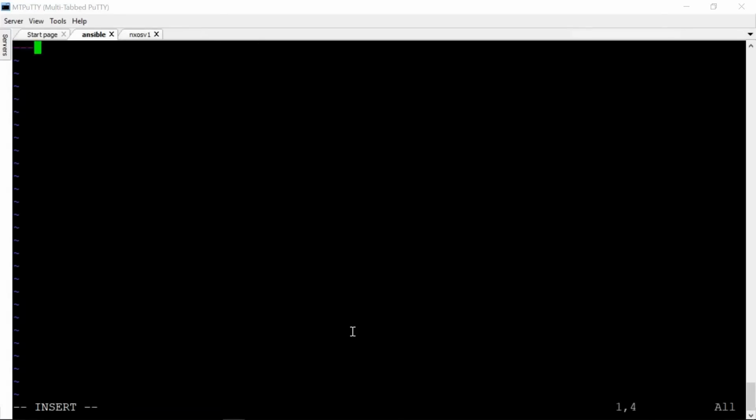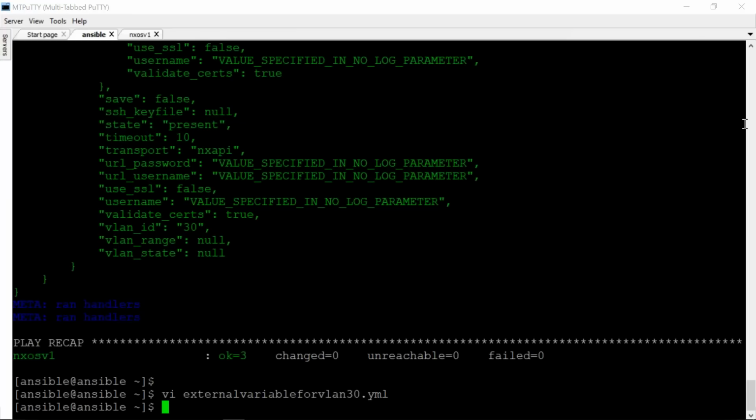Insert and task. What is the variable? Variable is a VLAN 30. Then ID is 30. Then name is DB, and you should give a space between ID and this. So you can see very straightforward, one variable, outside variable. Let me save this. Now how I can call this variable inside the main program, and then how I can